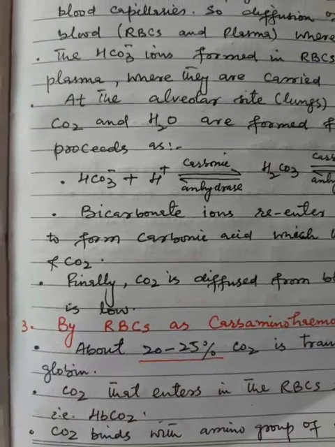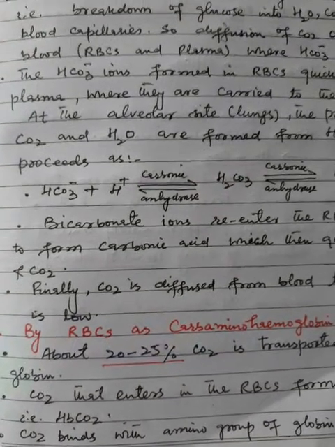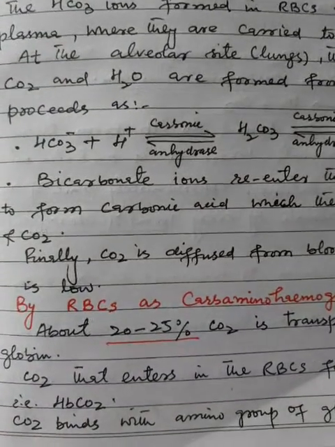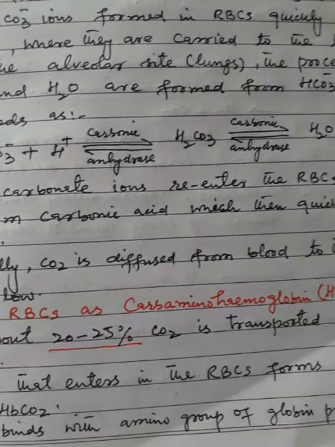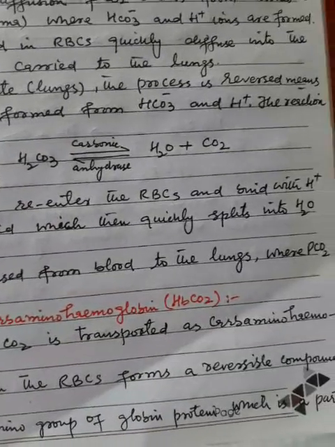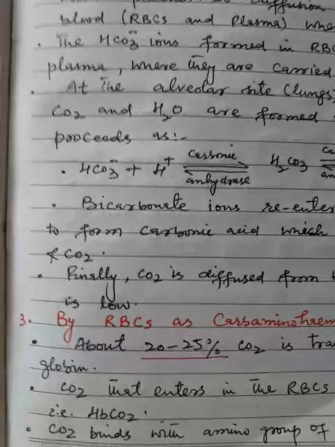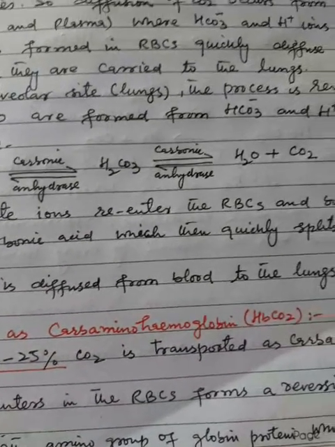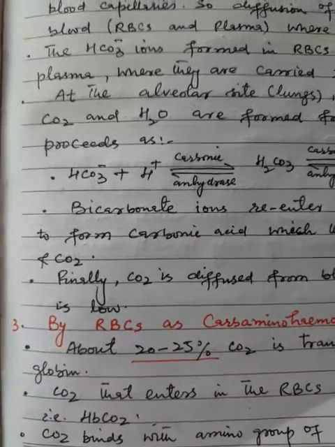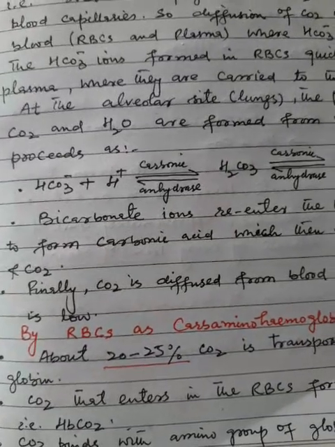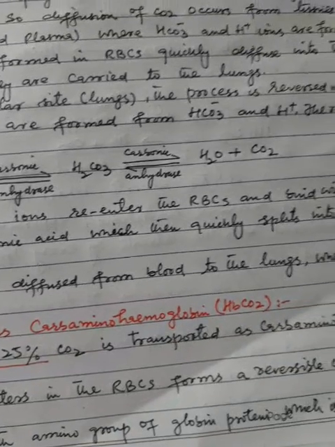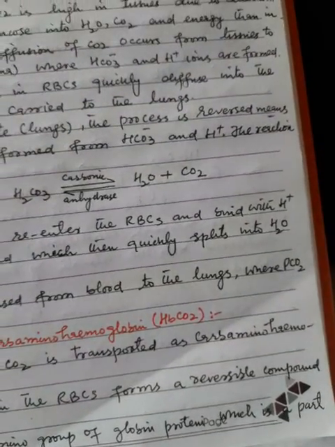Number three, by RBCs as carbaminohemoglobin, HbCO2. About 20 to 25% carbon dioxide is transported as carbaminohemoglobin. Carbon dioxide that enters the RBCs forms a reversible compound, that is HbCO2, carbaminohemoglobin. Carbon dioxide binds with the amino group of globin protein, which is a part